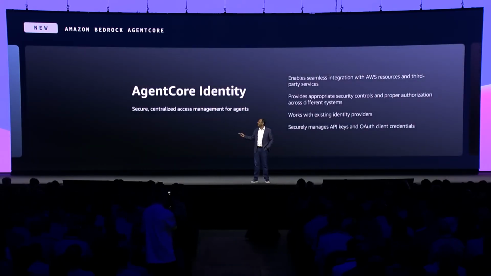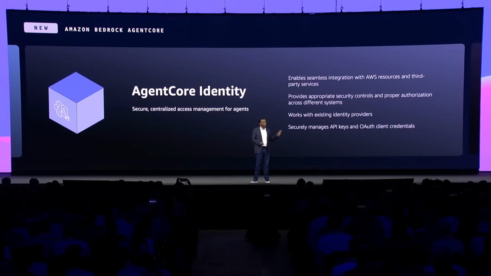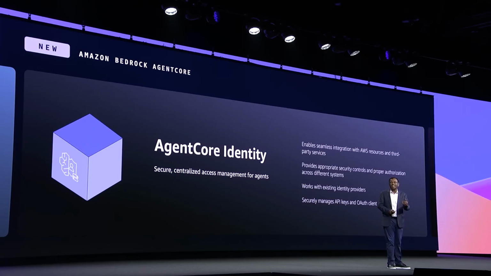Next, agents need to securely access other agents and tools. This is where, with Agent Core Identity, we provide secure, centralized access management for AI agents, enabling seamless integration with AWS resources and third-party services. We simplify secure and delegated access for agents by providing each agent with a unique identity. This distinct identity enables agents to operate with appropriate security controls and proper authorization across different systems like GitHub or